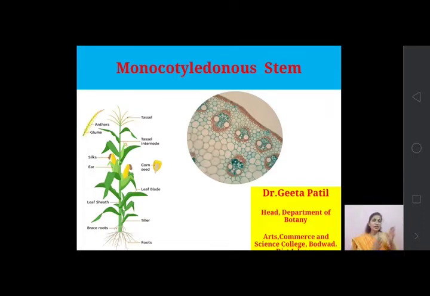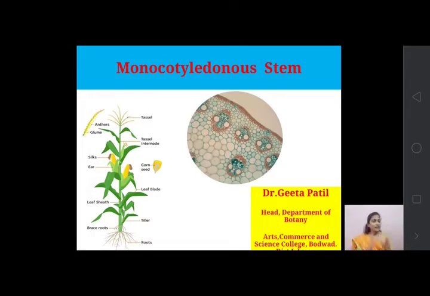But in case of monocotyledonous plants, there is no increase in girth or diameter of the stem. If you look at the maize plant, sugarcane plant, jowar, wheat, and all these plants included in monocotyledonous, they do not show any increase in size, girth or diameter of the stem. Why is it so? Because there is an absence of secondary growth, or absence of meristematic tissue, you can say cambium, in between the xylem and phloem.